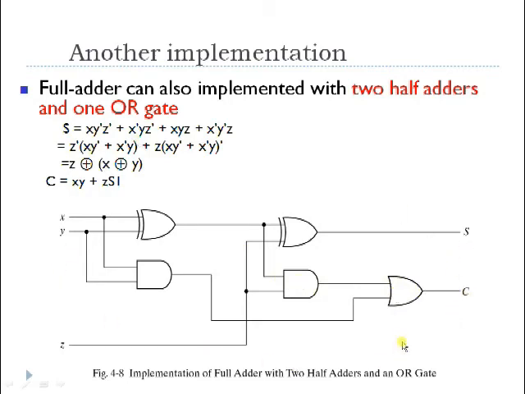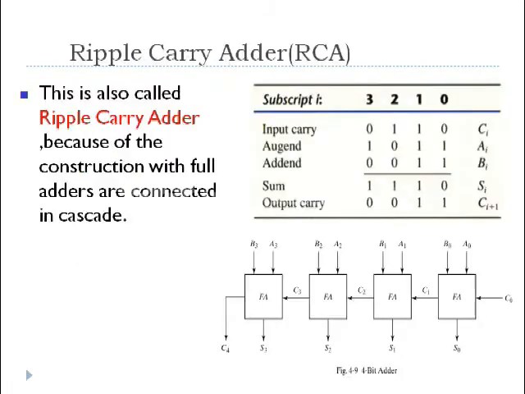So by using 2 half adders you can design a full adder. Up to now we have seen that a full adder is mainly used for performing addition between 2 operands which are holding 2 bits, and a half adder is mainly used for performing addition between 2 operands which are holding only 1 bit. Now if I want to perform an addition between n-bit operands, where assuming that n equals 5, then how many full adders do I require? Definitely I require 5 full adders.